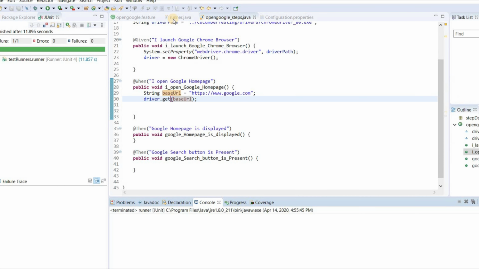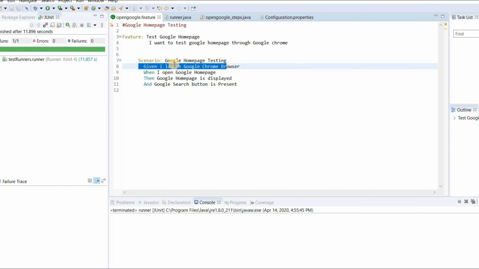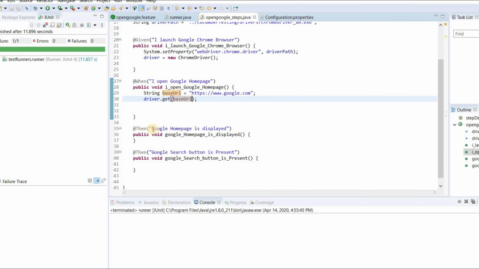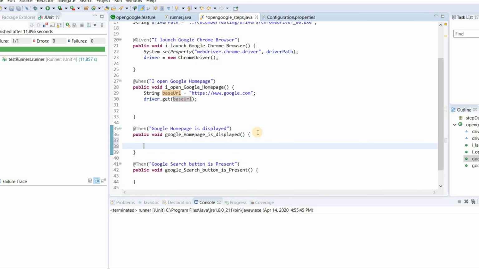And we have to now move to the third part. What is the third part? The third part is that the Google homepage is displayed. So we have to check whether the Google homepage is getting displayed or not. So we will go to the then part. In this block of code, we will write what is our expected result, which is expected title, or say expected page title. The expected page title is Google,